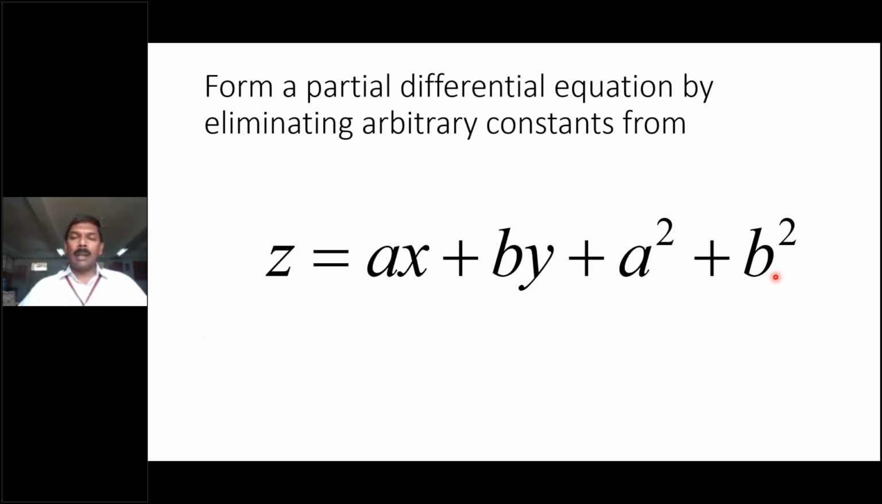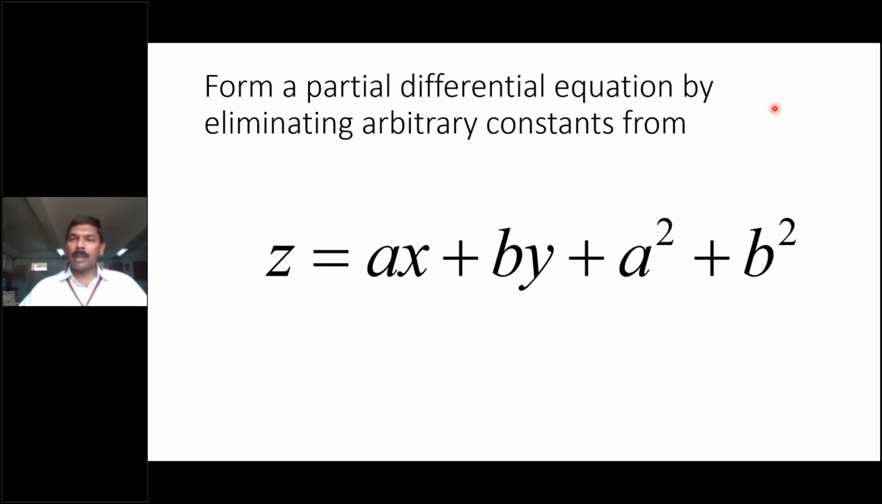b square. Remember, in this unit, we have restricted to a dependent variable z and two independent variables x and y. What is important here is count of independent variables. Remember, throughout this unit, number of independent variables are 2, which are x and y. And we have taken an equation. Using this equation and by doing elimination of arbitrary constants in this equation, and by doing partial differentiation, we are going to form